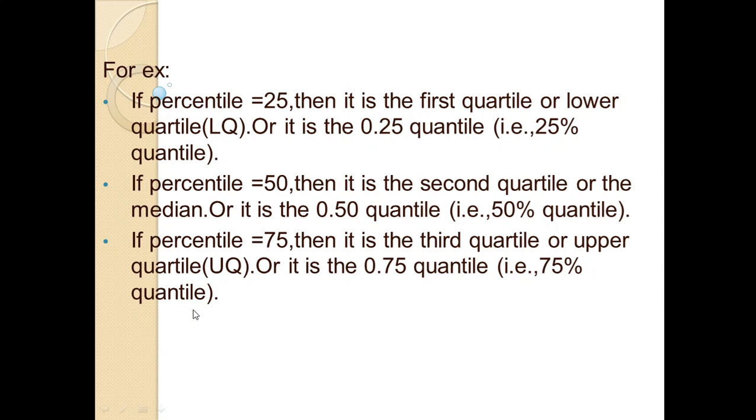Clear? So this whole thing that we have learned, we will apply to a set of numbers. The set of numbers will be provided to you and you have to find out the 0.50 quantile, or maybe the question will be to find out the 50% quantile. Then we will use the quantile function in Python pandas, but manually you should know how to calculate it. So let us move to how to calculate the quantile. Let us go.